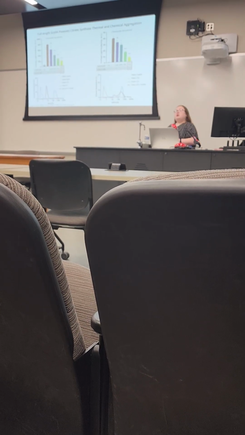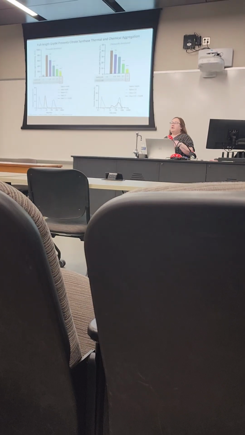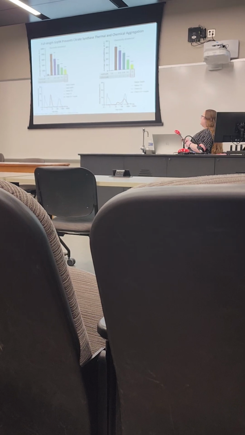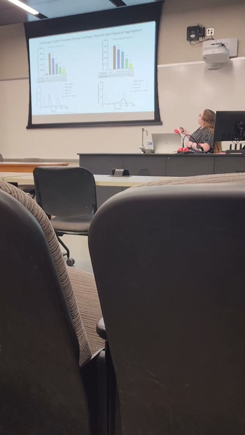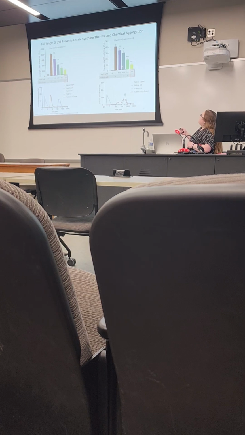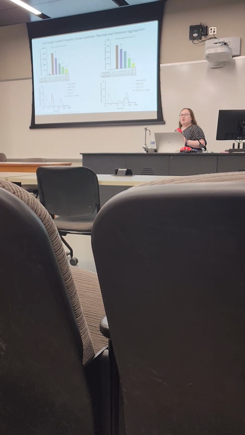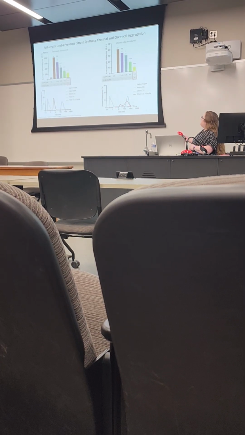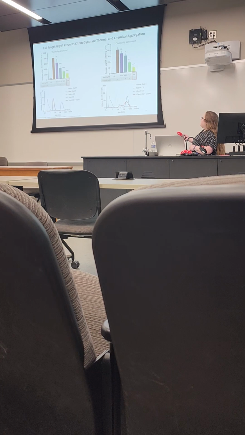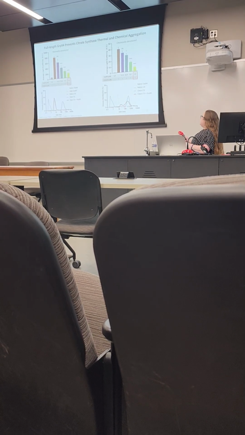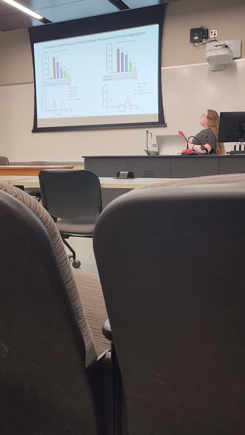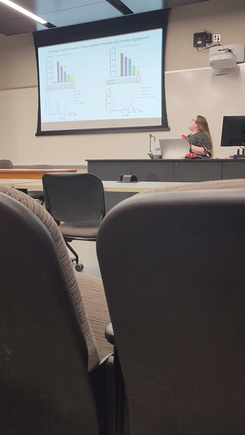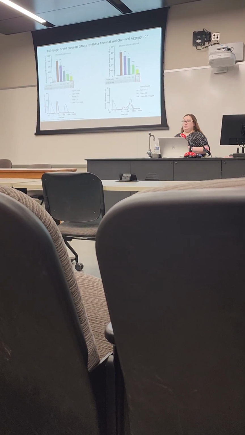We further questioned whether GRP94 would be able to prevent the aggregation of chemically denatured citrate synthase, similar to that of thermally denatured citrate synthase. And so what we found was with chemically denatured citrate synthase, GRP94 was able to prevent its aggregation to a similar degree as the thermally denatured citrate synthase. However, DLS shows that when GRP94 is in reaction with chemically denatured citrate synthase, the large population of aggregates is not completely resolved like we saw in thermal denaturation. Therefore, continuing forward, I will be presenting thermally denatured citrate synthase data.